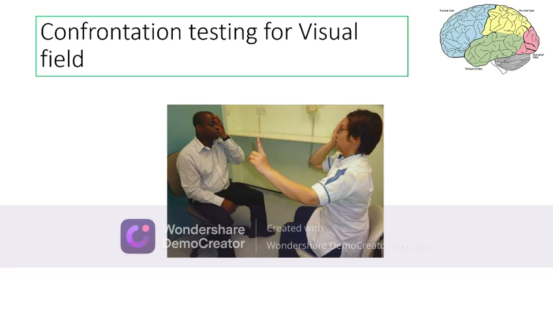Now the patient is instructed not to move his neck and to keep staring straight at the doctor, not even moving his eyes. The doctor brings his fingers from the periphery of the visual field towards the center, and the patient is asked to respond when he is able to see it. Based on the difference in the time points at which the doctor can see the finger in his visual field and the patient can see the finger, visual field abnormality in the patient is assessed. And for this, the prerequisite is that the doctor must have a normal visual field.